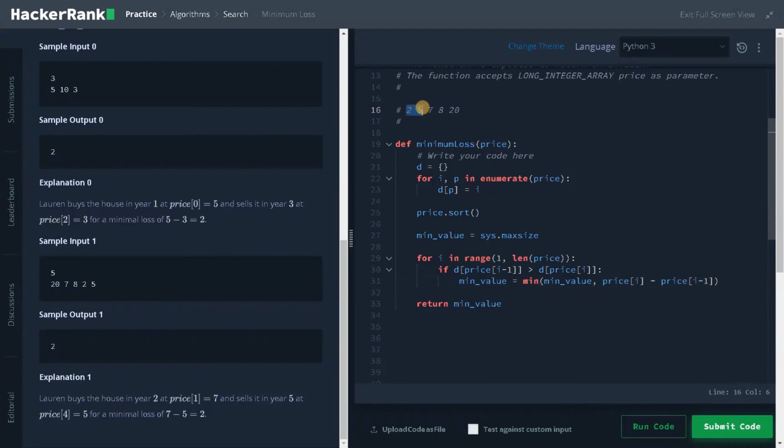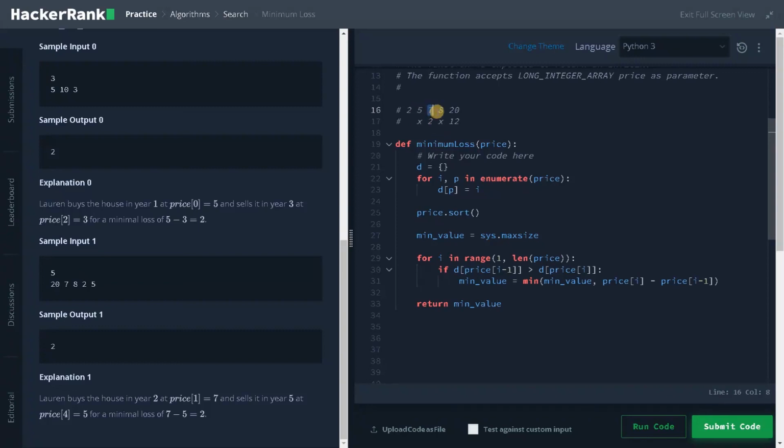Even here this satisfies the condition, 5 minus 2 is 3. 3 will be stored here. That means if it satisfies the condition, after finding the global minimum value, iterating all the prices here, we will return the minimum value. So here this doesn't satisfy the condition, and here the difference is 2, and this doesn't satisfy the condition, and for 8 also the difference is higher, that is 12. So even you can see it here. When we are at here, it doesn't satisfy the condition.